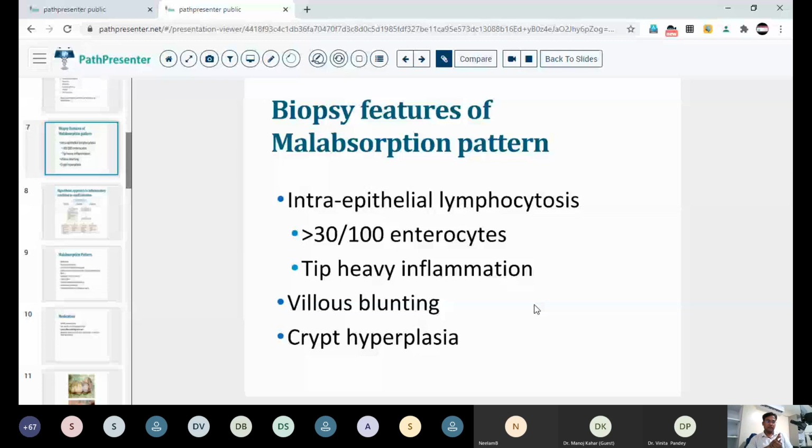In the initial days of malabsorption, the crypt hyperplasia will compensate for the overall villus blunting. There will be more and more regeneration of the enterocytes, and they will make up for the villus blunting. So the first feature that you will see in the initial days of malabsorption will be crypt hyperplasia. They will somehow try to maintain the overall length of the mucosa. As this becomes compromised, there will be villus blunting, and along with that, increased intraepithelial lymphocytes.